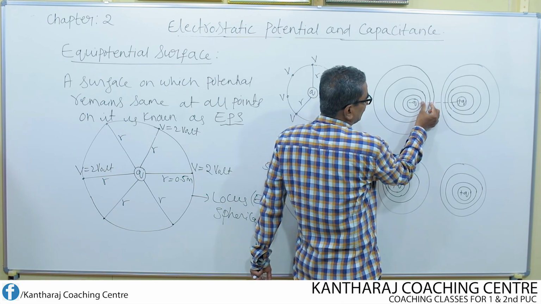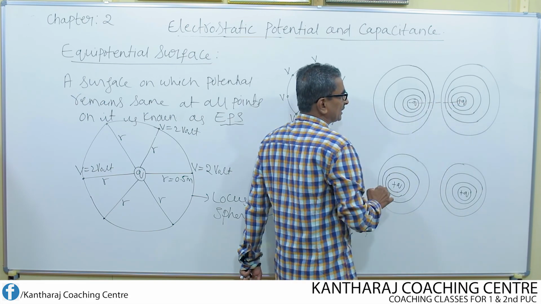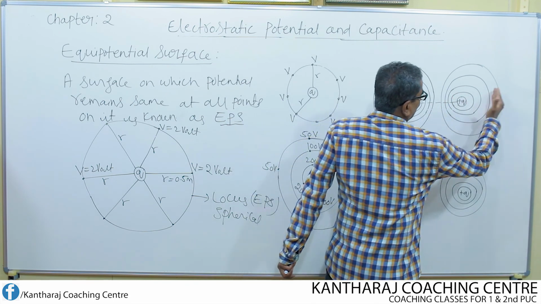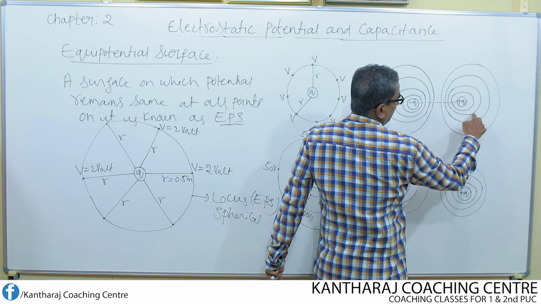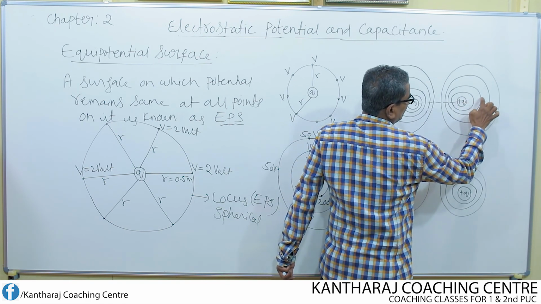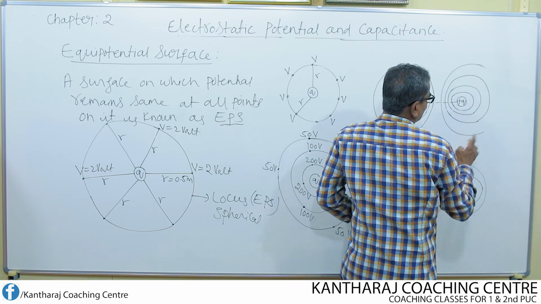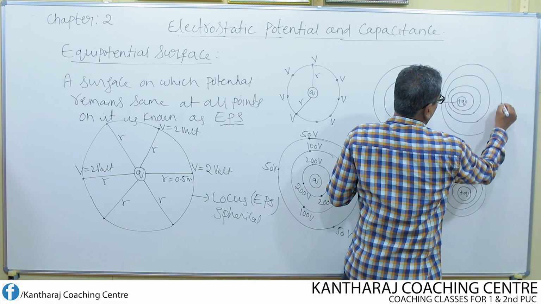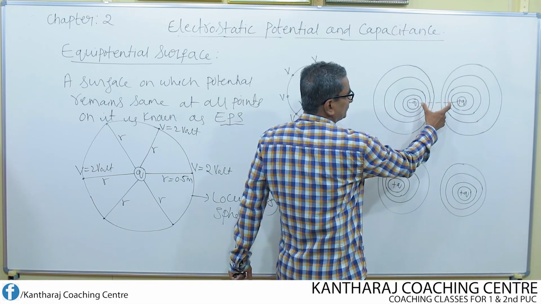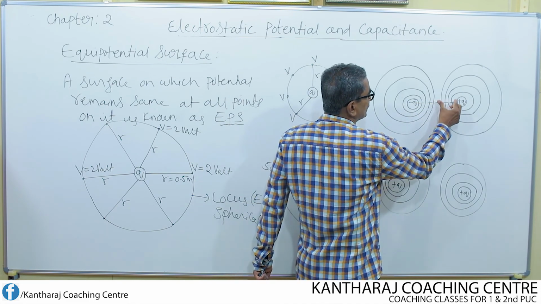Look here, this is how it is closely packed in the distance between the two charges. Whereas on the other side, you can notice one equipotential surface well separated from another. This is once again well separated from another. That means this distance continuously goes on increasing. Whereas in the small space between the two charges, the equipotential surfaces are lying close to each other.